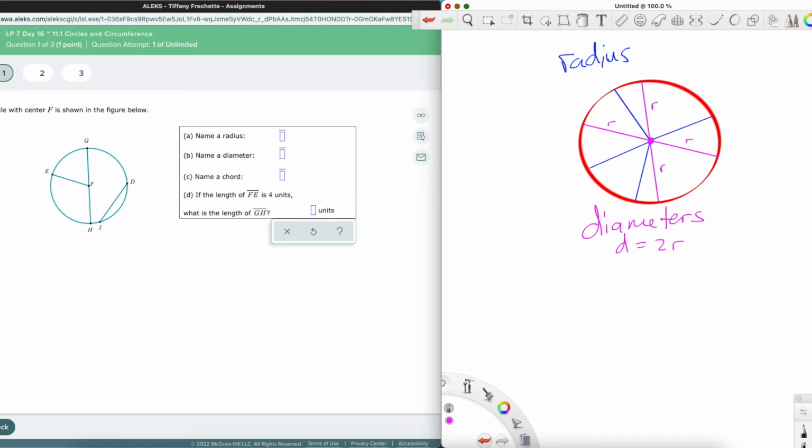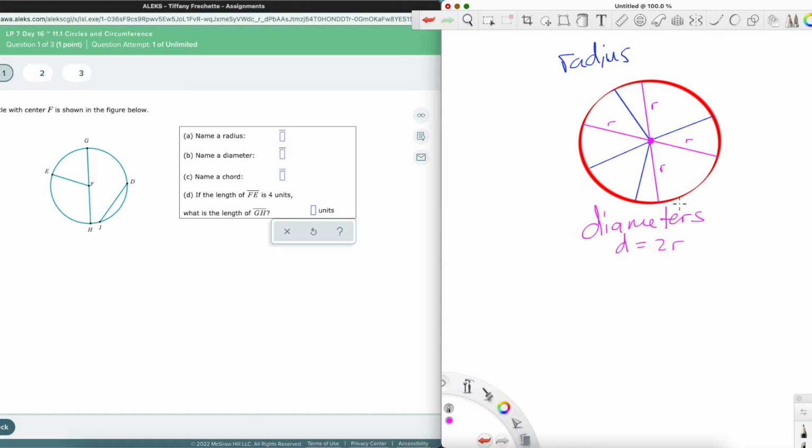To name them, make sure you're using the endpoints. For a radius, you're going to use the center and the side. For a diameter, you're going to use the side and the side all the way, okay? You don't use the center for that one. I mean, theoretically you could, but I would use side to side because you're just naming a segment there. Just to keep it so you understand that it's from the side of the circle to the other